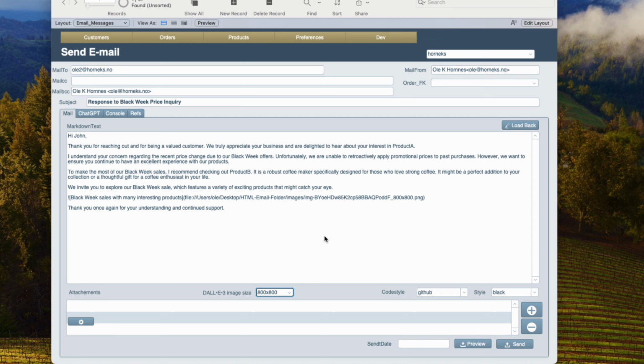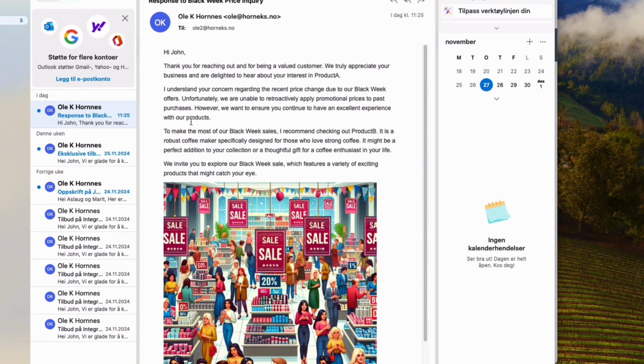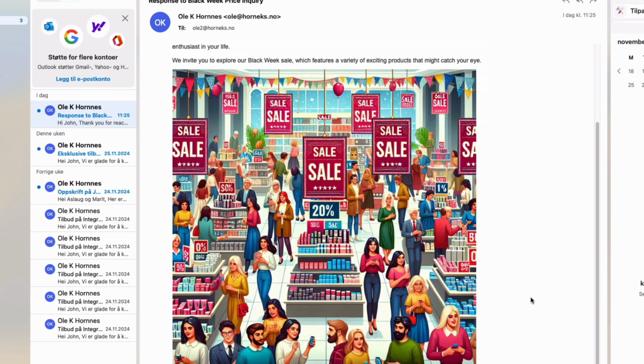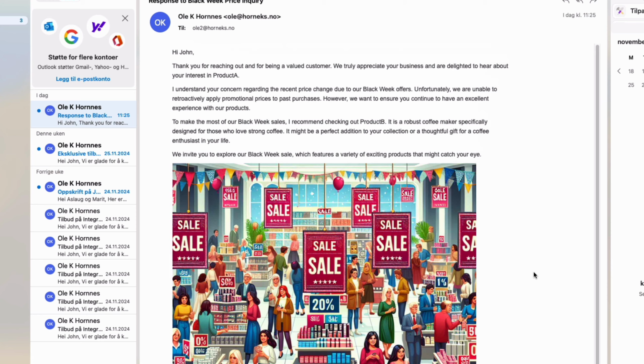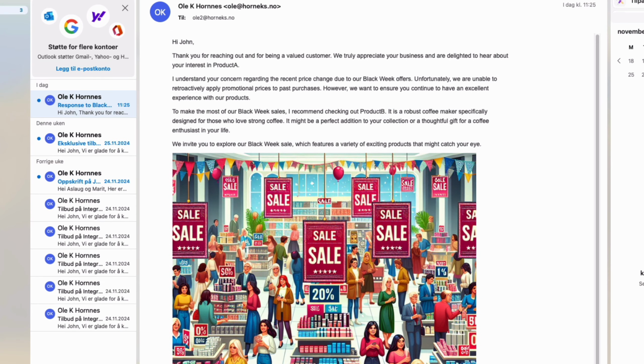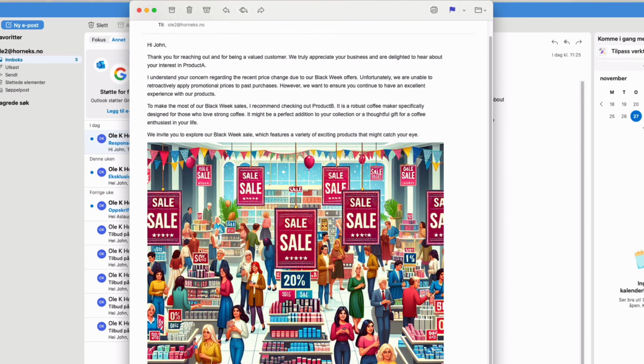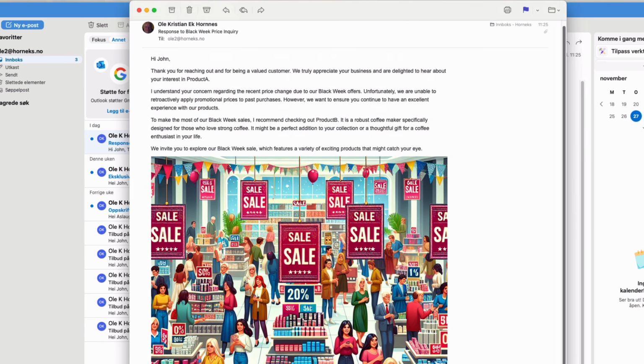I'll click the Send button and send it to myself at my Outlook account. Here it is. If we look at it in Apple Mail, you'll see it there as well. The 800 by 800 size is a better choice. There's an issue with Apple Mail and embedded images. It doesn't allow you to use CSS to style the width of the embedded image, so it's better to have the correct image size when sending the email. This issue doesn't occur with Outlook.